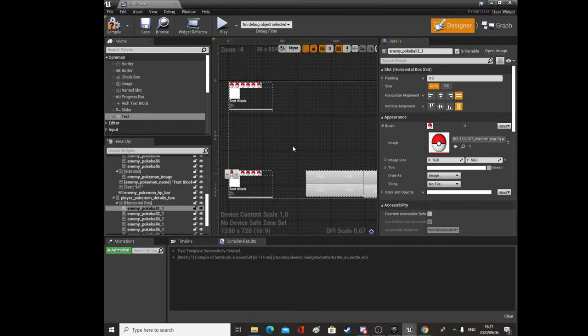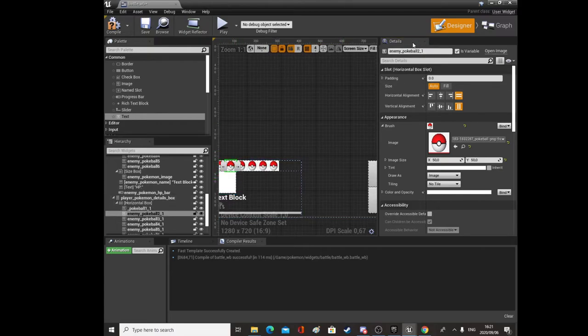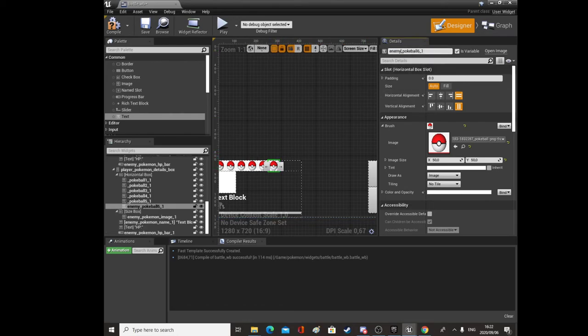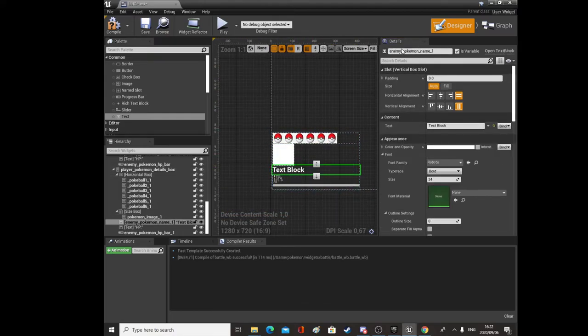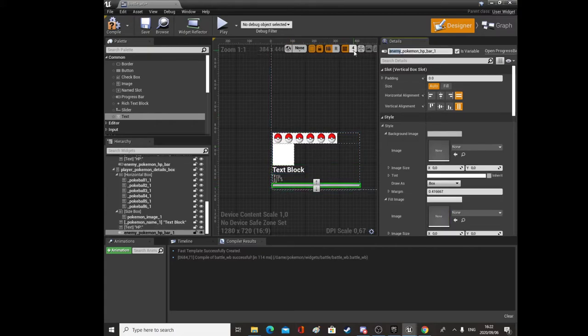And then we'll have to just rename all of these. We don't need to name enemy, we'll just call it Pokeball 1, Pokeball 2, and that's how we're going to do it. We'll need to set up a AP, so Pokemon image, Pokemon name, sorry, getting ahead of myself. Okay,